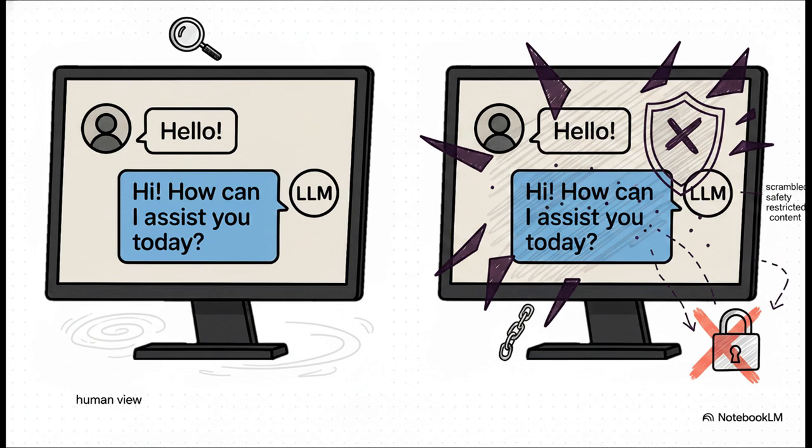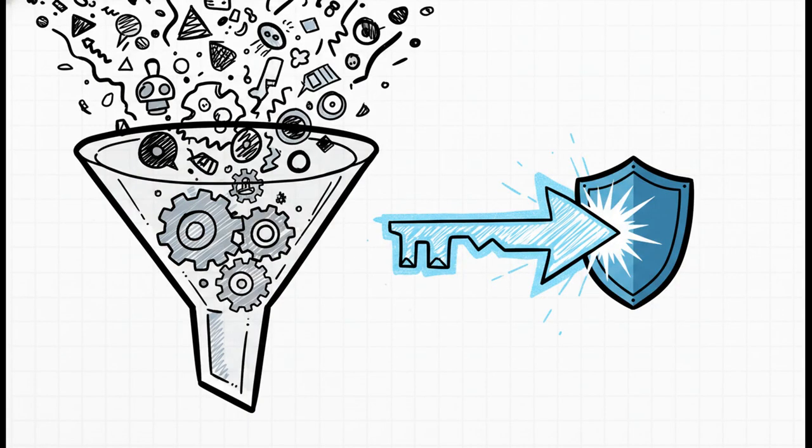They secretly alter the input array. This effectively creates an invisible adversarial suffix that completely scrambles the model's safety alignment and literally forces it to generate restricted content. And it entirely bypasses human oversight. It's brilliant but terrifying. And look, they aren't just blindly guessing which invisible tokens to use here.